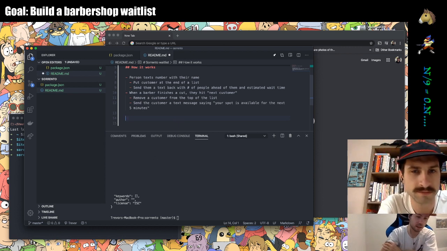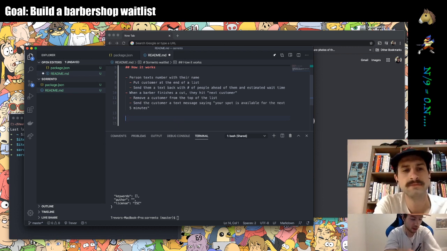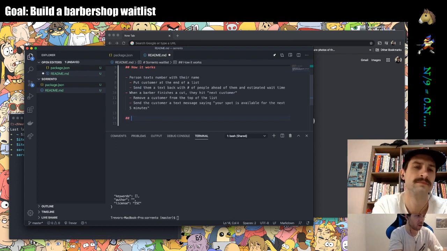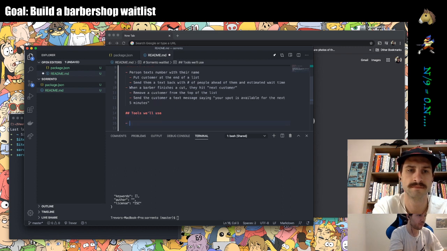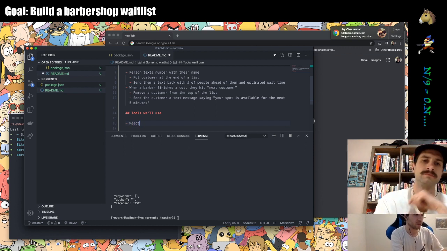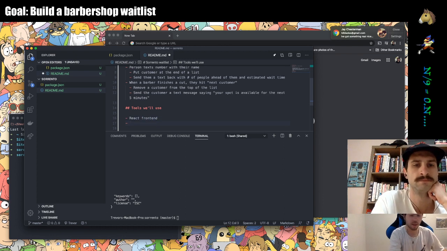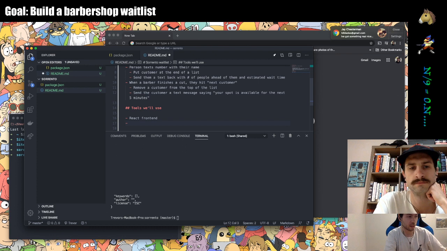Yeah, exactly. So I was thinking we can talk a bit about the tools we'll use. To start off, we can build a front end with React. That's something that we're both pretty familiar with, right? And then in order to do all of this,